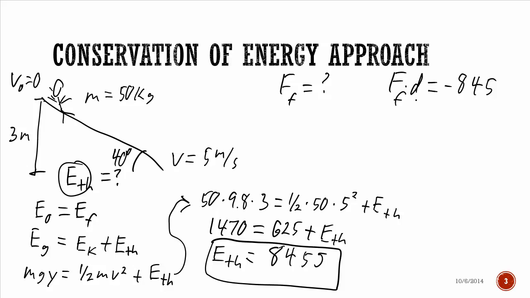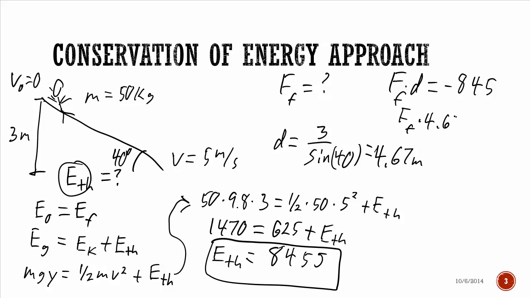So I do need to know the distance over which friction was acting, and that's not the vertical distance here, it's the actual distance that we were sliding down. So the distance, you do a bit of trig, it's going to be 3 over sine of 40, because we're solving for the hypotenuse this time. So that distance works out to be 4.67 meters long, so I can plug that in here. So friction times 4.67 equals negative 845. So friction is 845 divided by 4.67, which is going to be a negative